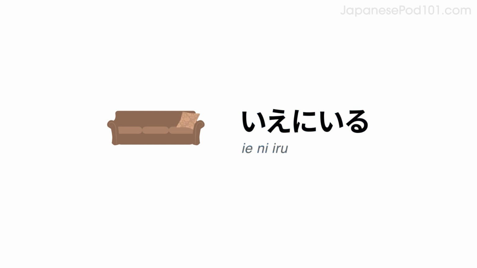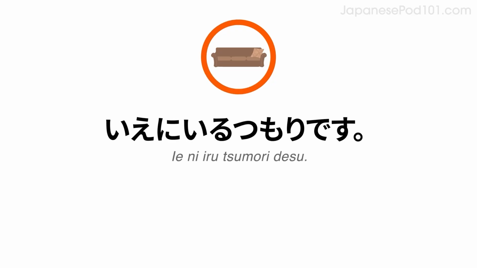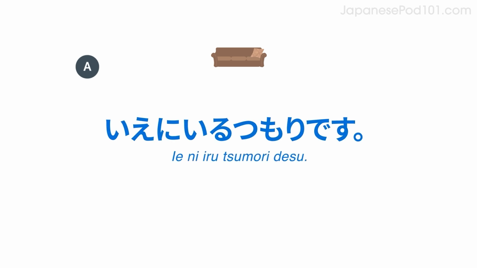Now, imagine you're planning to stay home. Do you remember how to say stay home? 家にいる。 Say, "I'm planning to stay home." 家にいるつもりです。 Now, answer the question saying you're planning to stay home. ゴールデンウィークに何をしますか？家にいるつもりです。